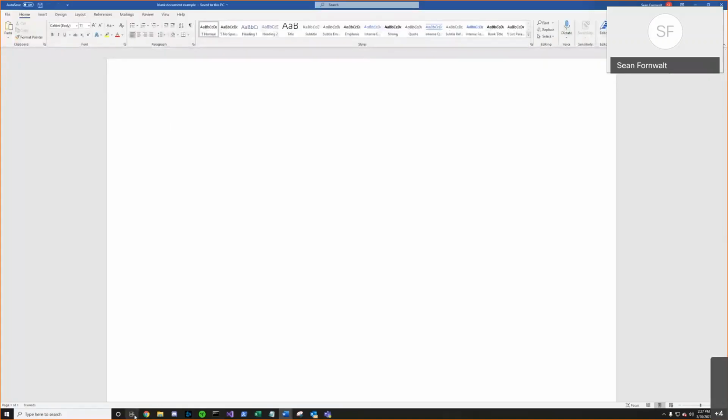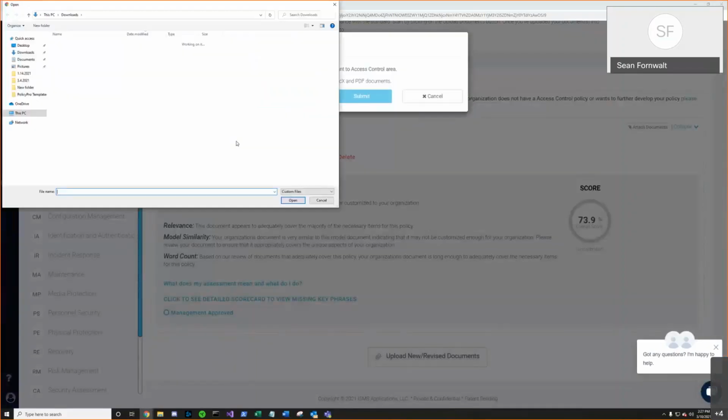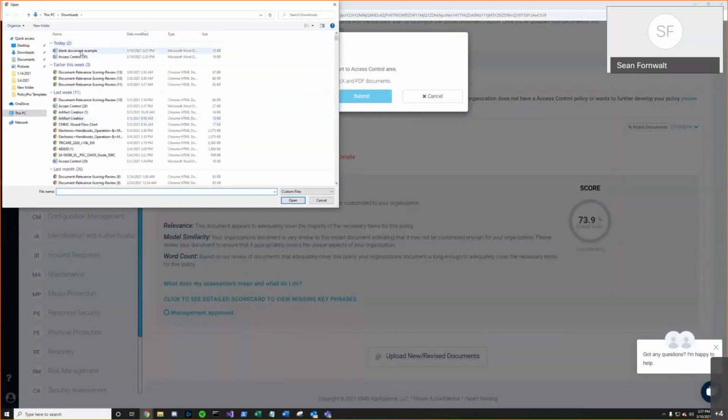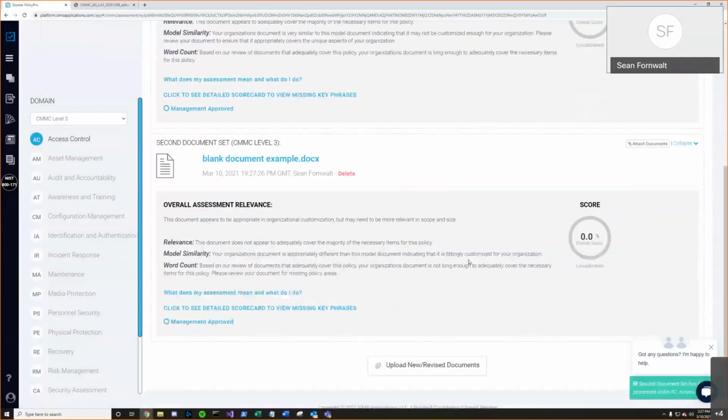And then we're going to throw that blank document up into the system and see what the score is. Now, you will get lower scores if you put in a different domain. You will also get it if you're missing a large number of the KNIs. Now, this makes sense. We had a 0, but when we look at our KNIs,